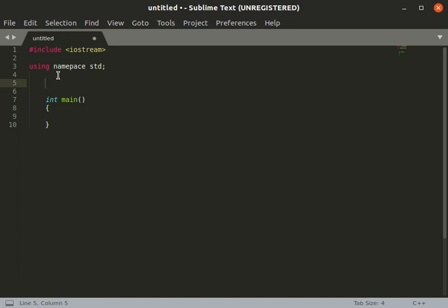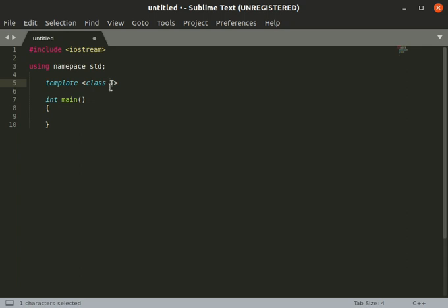So templates are used for that purpose. Basically here I'll write the template syntax: class T. Here T is any kind of symbol you can give, a b c d e f g, or any name.